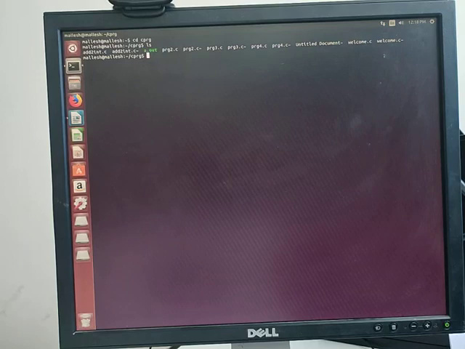a terminal. Okay, so here my folder is CPRG. I'm going to list the contents of the folder CPRG. These are the programs and some folders present in it. I'm going to explain program number 3. If possible, I will explain program number 4 also today, which is reversing a number and checking for a palindrome. First, let us see program number 3.